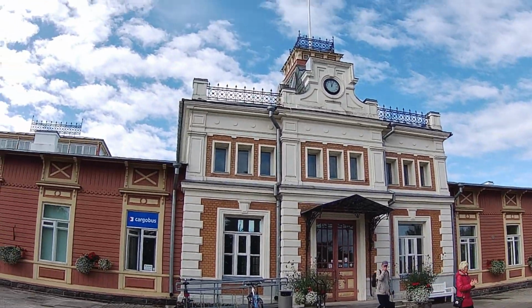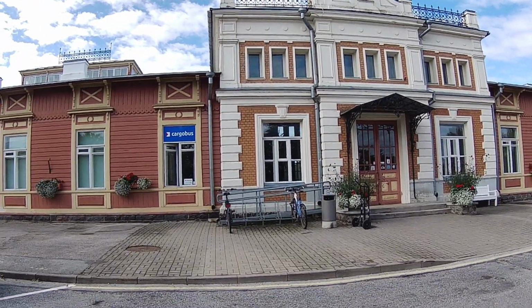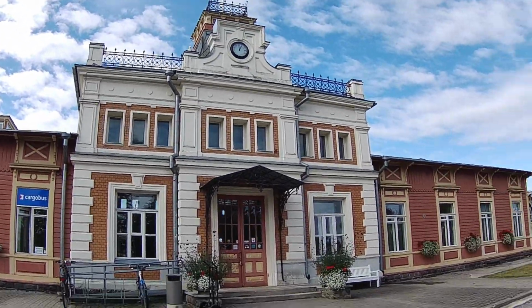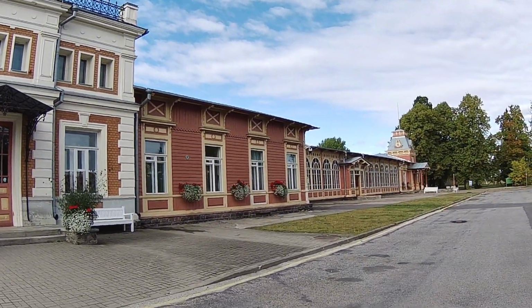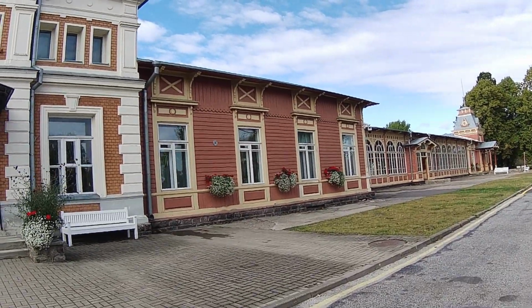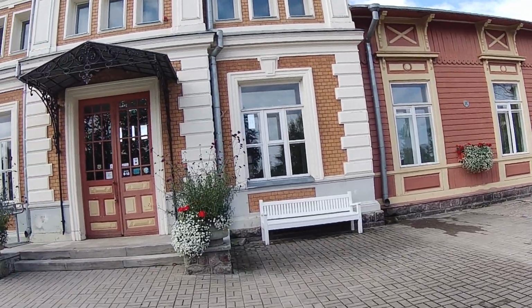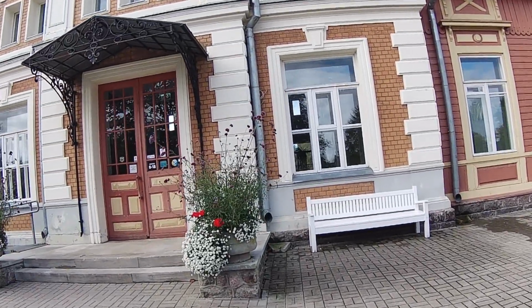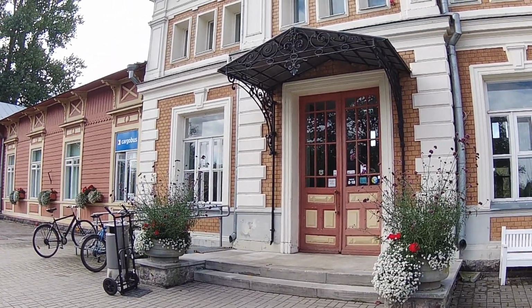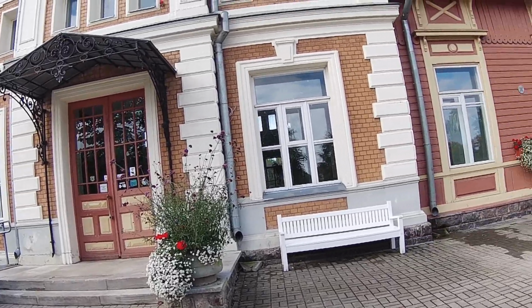I just wish this camera could do it justice. Although, you might get a sense of how attractive the building is. And I can't help wondering whether, back in those years before the First World War broke out, whether the Tsar, who was it, Nicholas II of all the Russias, whether he brought his family here by train from Leningrad